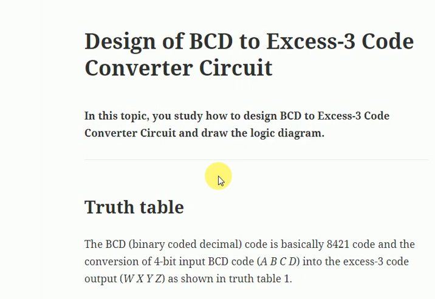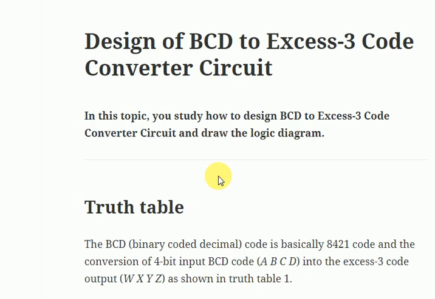When we convert BCD into XS3 code, you must know what the XS3 code is. This code has the name XS3 code. XS means excess, and 3 means an increment of 3.